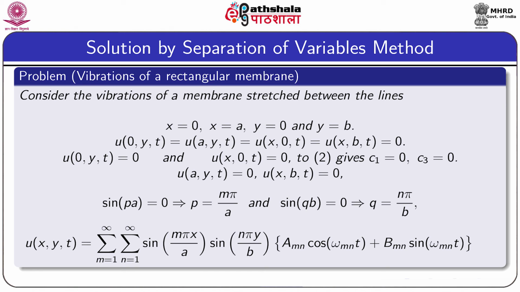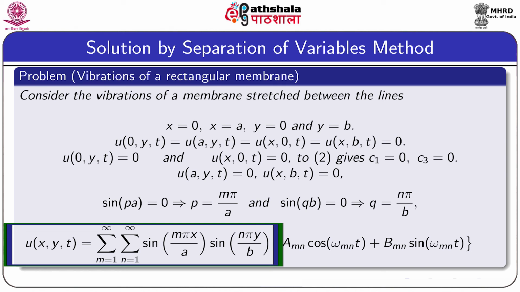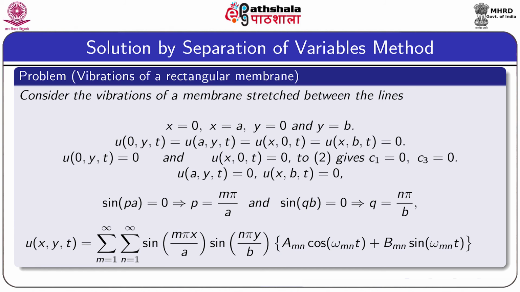Therefore, the solution u can be written as u is equal to sum over m, sum over n, sin(mπx/a) into sin(nπy/b) into (A_mn cos ω_mn t + B_mn sin ω_mn t). Here ω depends on both the integers m and n, that is why we have used the suffix mn for ω,